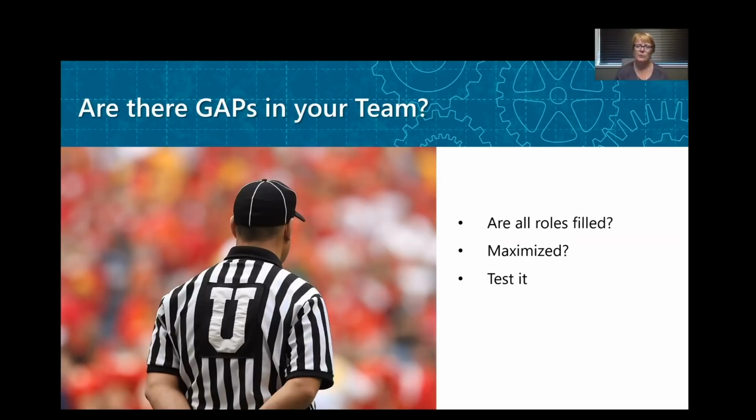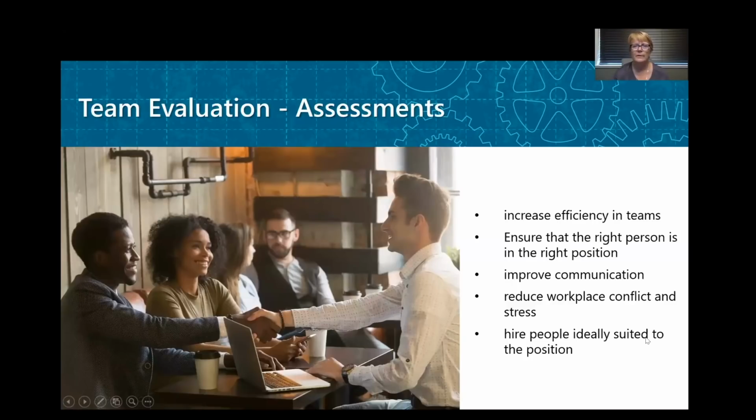So here's where we really go into some analysis, and it's like, hey, is everybody in the role that's the best for them? Ultimately, the best for the team as well. Are we maximizing everybody's talents and abilities and desires? Are they in the right spot for what's most important to them? We have ways of testing it as well. Like, is this truly working? So we go through an assessment,